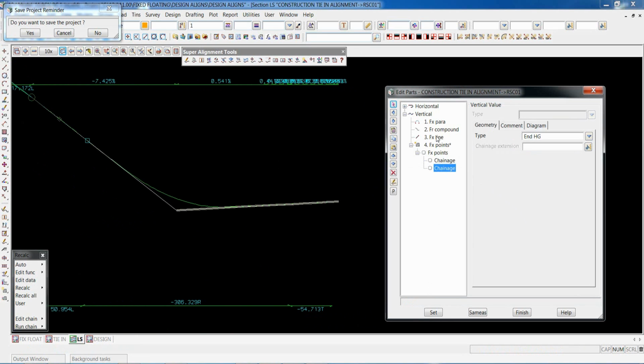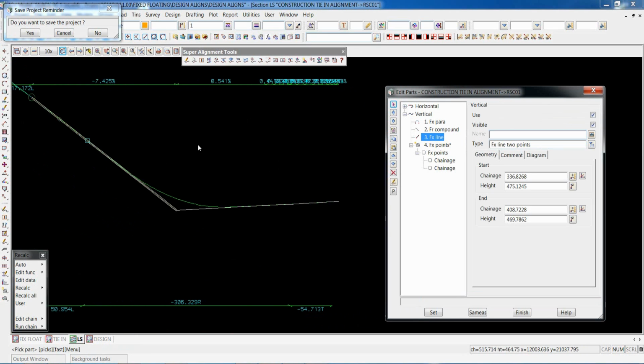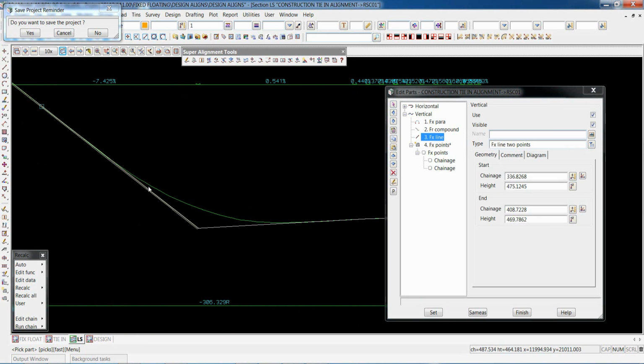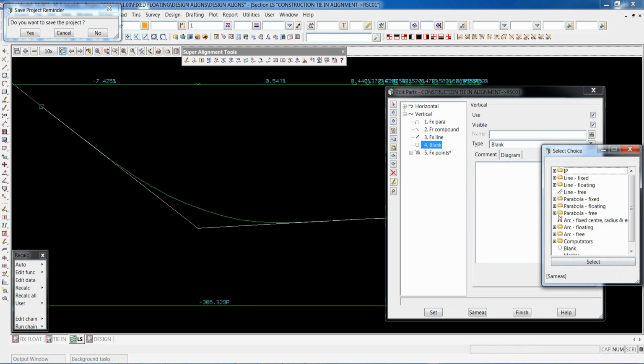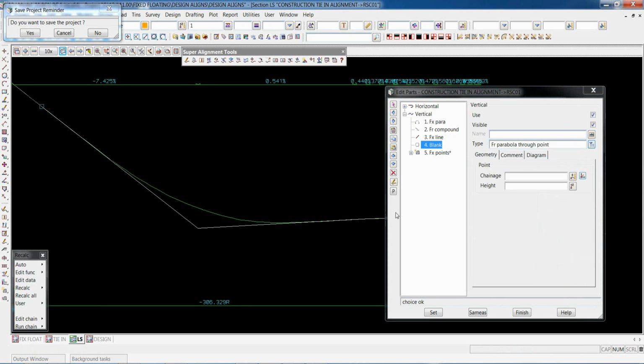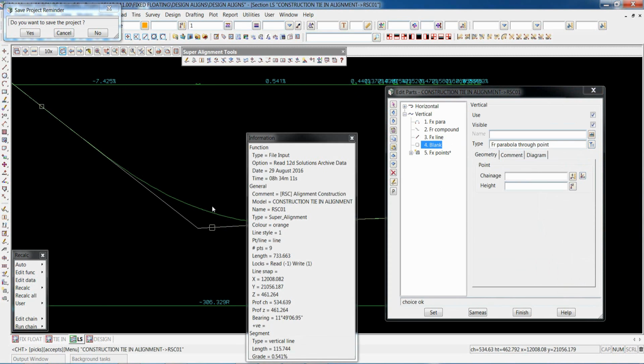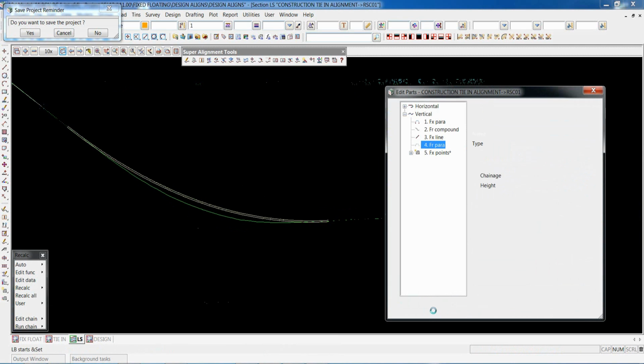It then sets up the end of the geometry. So if we go back to my fixed line here, I now want to put in a bit of geometry between here, just like the horizontal. It's going to be between 2 solved parts. It's going to be a free parabola. So if we go insert, the part I want is a parabola free. Again, there are all different sorts, and we'll just have a look at a few of them. You're looking at passing through a point, and I go set.